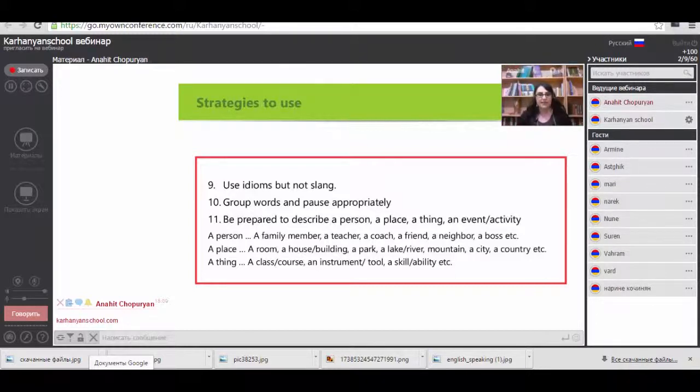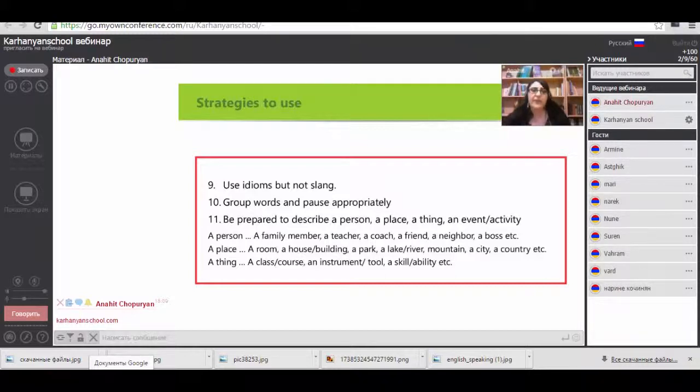Grouping words means you must group the words together, but it's about speaking. For example, my father is, you grouped the words together. Is, you paused, and then you said what kind of person he is. So mainly you pause while you are describing. Yes? For example, you are describing someone by saying how he or she is. Okay?